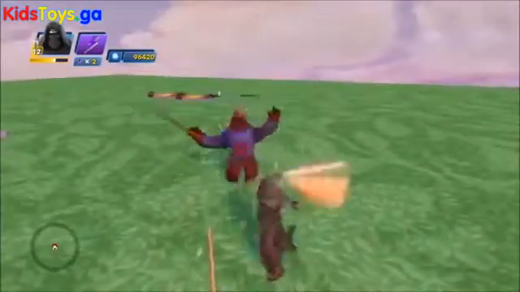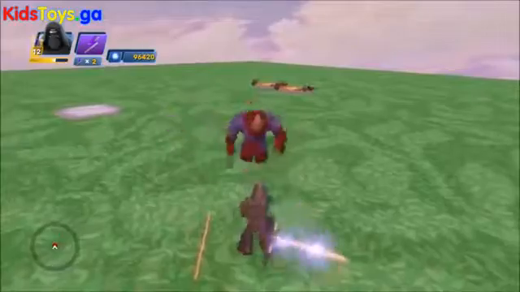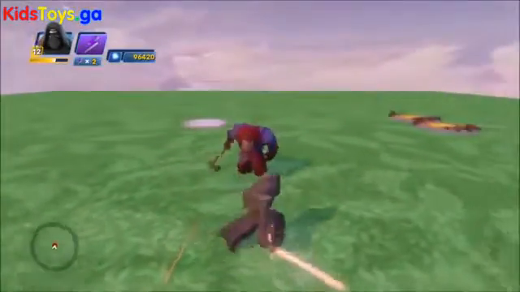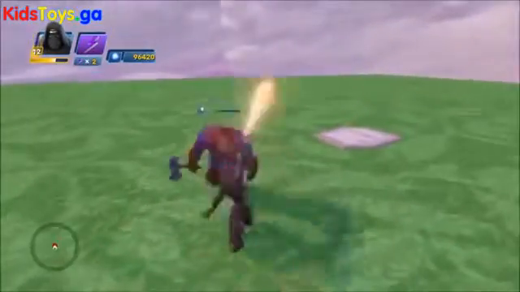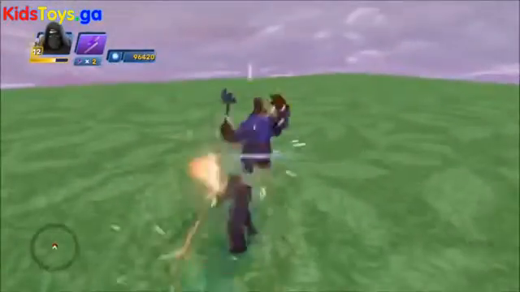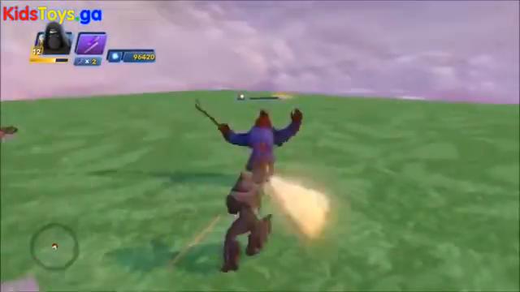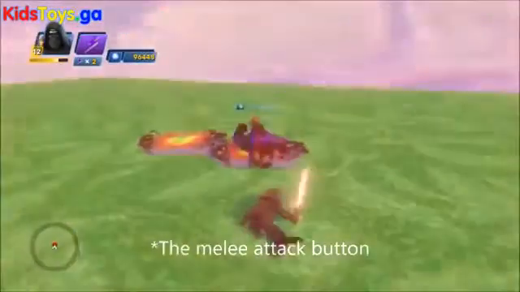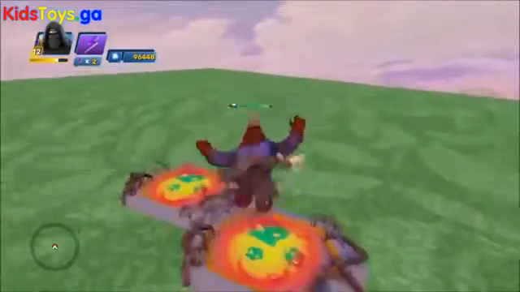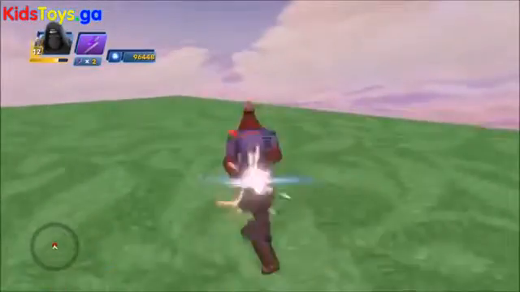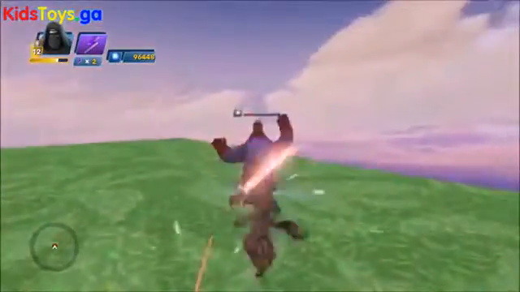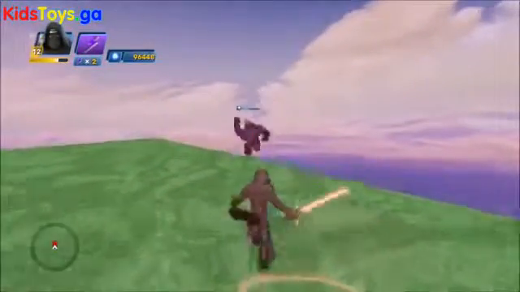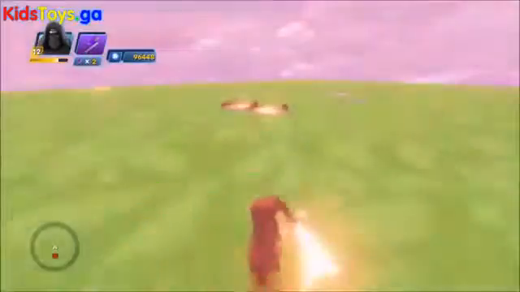If I just use my normal attack and I hold right, for me it's D, for you it might be a joystick, I have to wait for him to do that before he'll start moving to the right. So I'm just using the attack and holding right. Whereas I don't have to wait that long if I just keep mashing the button. Disney Infinity is actually very mash friendly. For a lot of attacks and a lot of characters, you can just sit here, like I'm just mashing away on the left button right now, and it's fine. You'll get that nice little attack sequence. It's handy, it's effective,